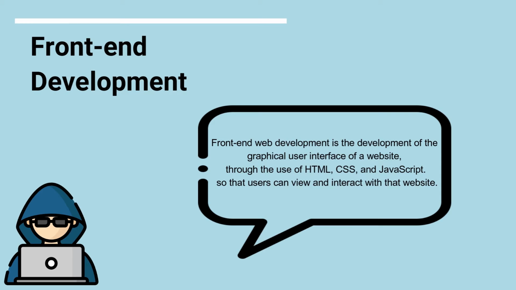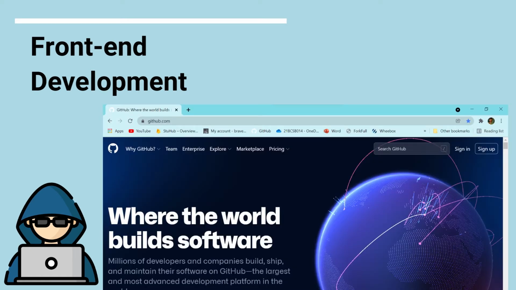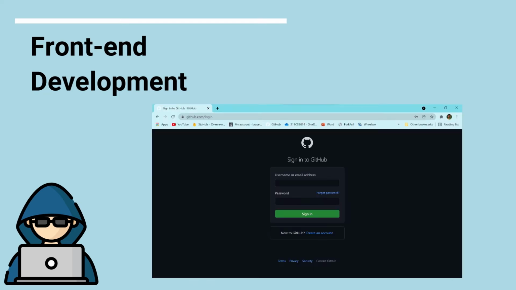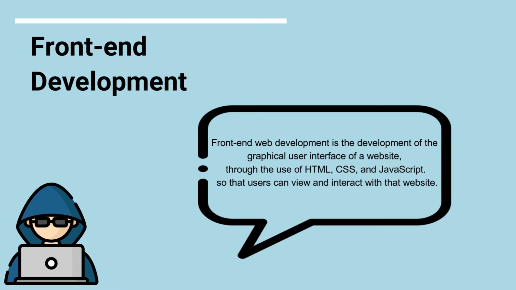Now, what exactly is front end? Every time you open a website, it has several UI components. Once you click on a particular icon, let's say sign in in this case, you get navigated to the sign in or login page. All of the items that facilitate navigation and utility are collectively called front end. The front end is the visible part of the application, which is responsible for the user experience. The user directly interacts with the front-end portion of the website or web application.